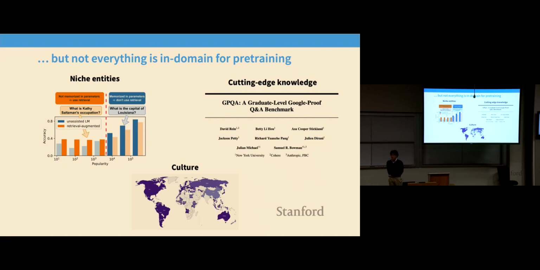If you go to Anthropic, OpenAI or something, and you talk to those folks and ask what they're really excited about, they're going to be talking about cutting-edge knowledge. We want our language model to do, I don't know, quantum physics. We want it to be able to make the next generation of language models themselves.